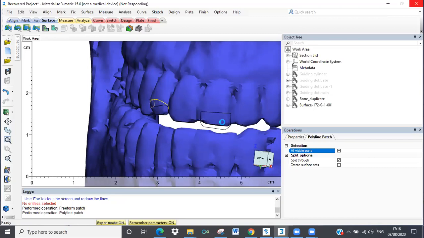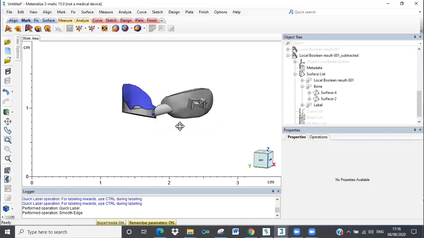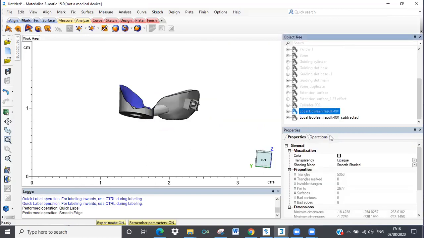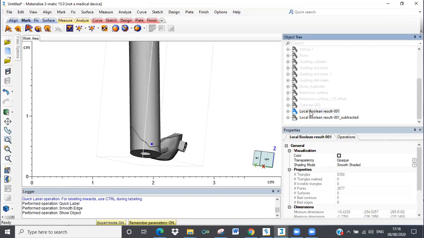Just like this, I'll go back to the view. Can you see this, the other project that I have switched? It's similar to this. Initially, my slot was this entire cylinder. Now that I've subtracted this bone from the cylinder, only the top surface is remaining of what I require.